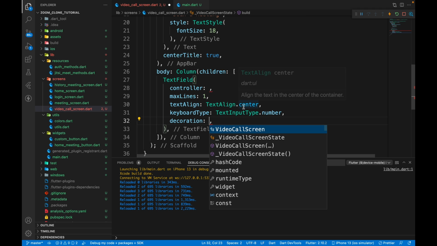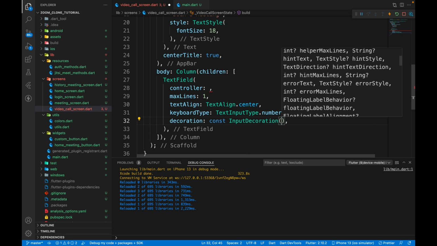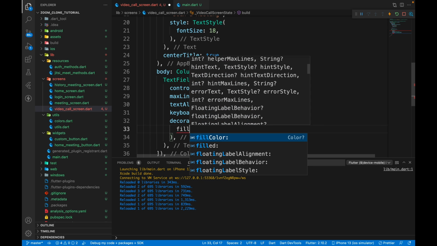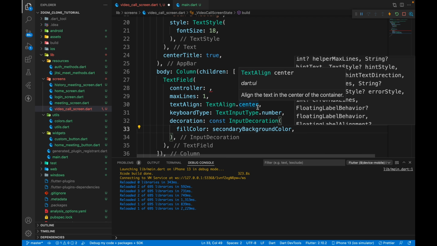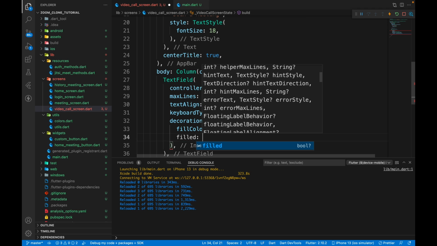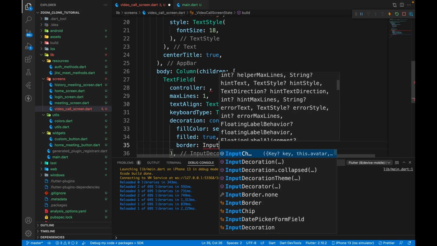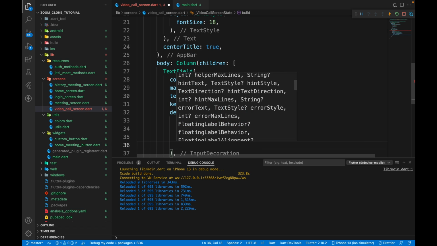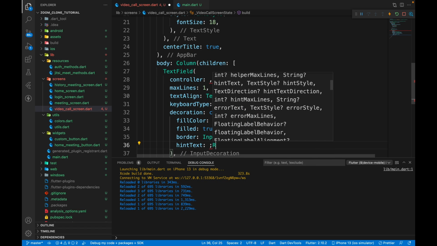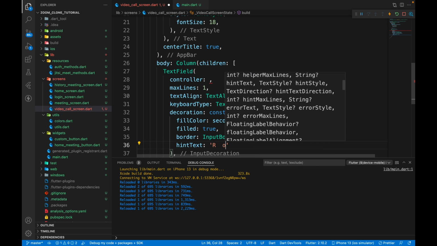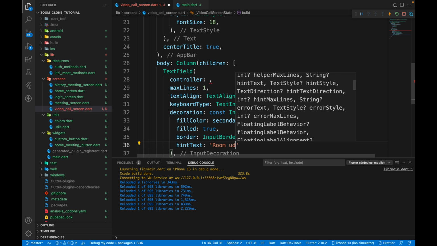Now we need to decorate it, and we'll have a constant input decoration where we're going to have a fill color of secondary background color from our colors.dart file. Then we're going to set fill to true, then a border of input border dot none, and then a hint text of, what is this, room ID, right? So room ID. Alright,